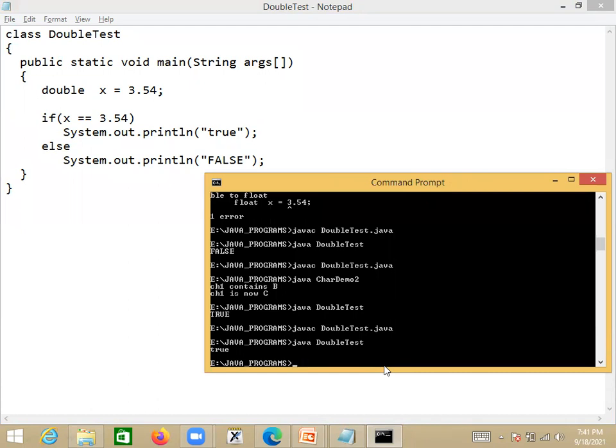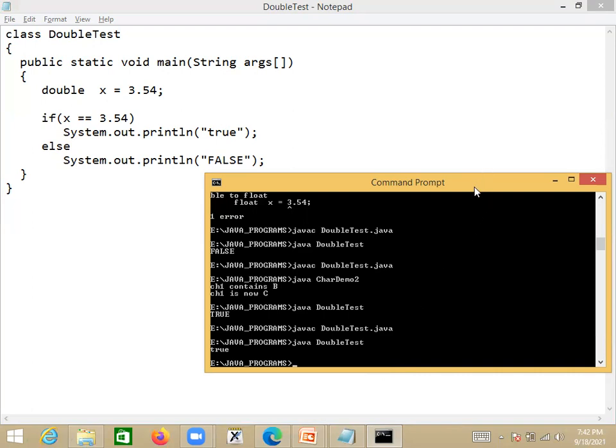One more thing, sir. Float and double are both in decimal form. In order to find out whether it is a double or a float, do we need to calculate the number each time, or can we find it from the compilation, like a lossy comparison message in the command prompt, and then easily rectify it?